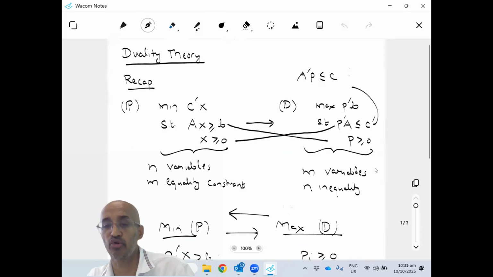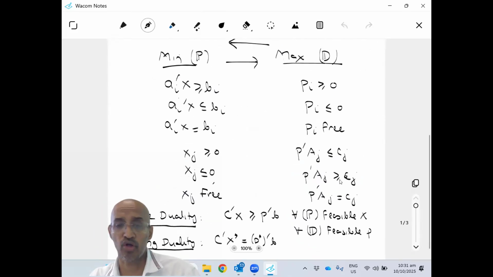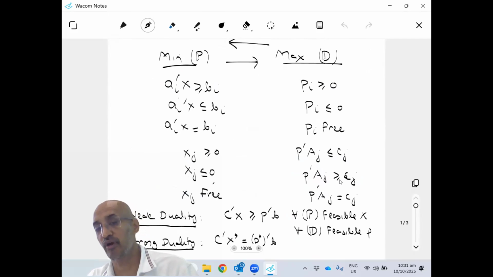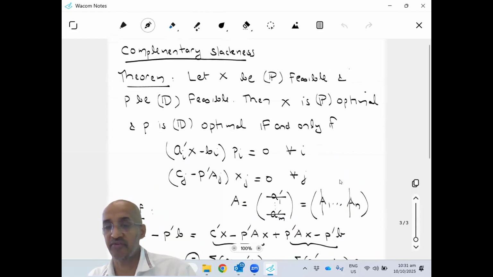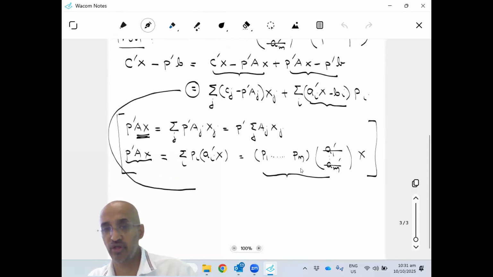This is what we did in the weak duality proof. Basically, these two have the same sign. So if this is greater than or equal to 0, this is greater than or equal to 0. So for a feasible solution, this term will always be greater than or equal to